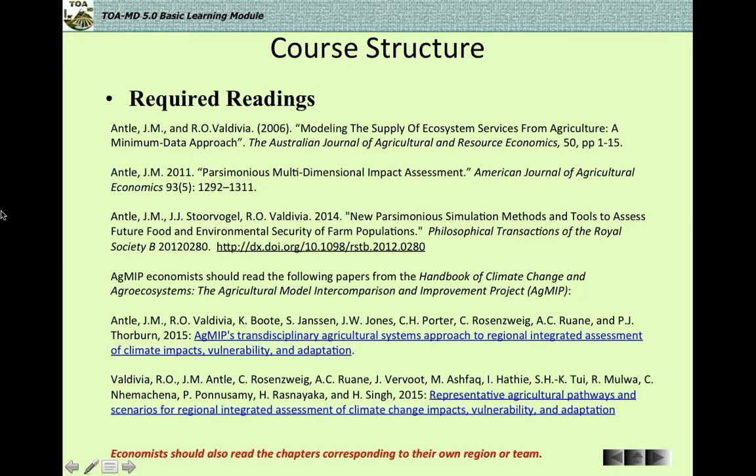Okay. Well, we were talking about the required readings. I don't know what time it is that disconnected, but basically these are the main readings. The first two are included with the TOA MD model, the basic learning module. And yesterday I sent a link to the economists so they can have access to the third, the Royal Society